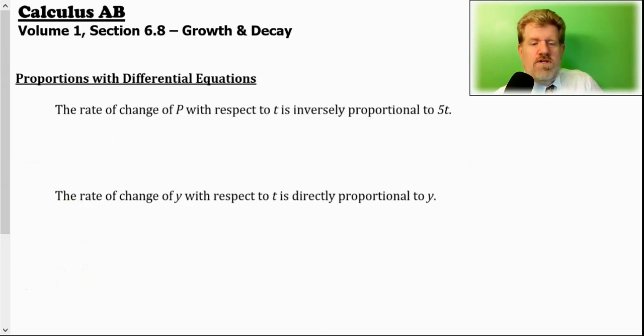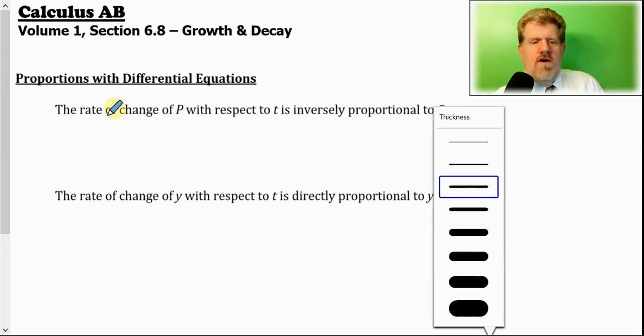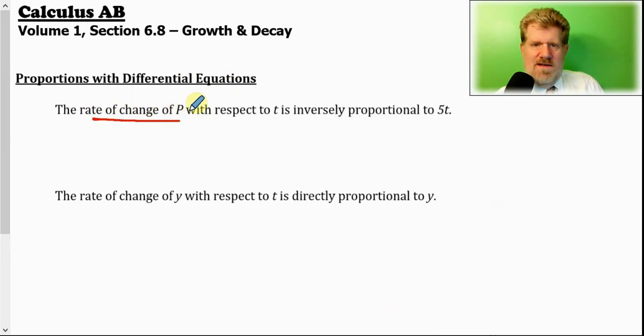And we're going to start with two basic principles here. First of all, the rate of change of p with respect to t is inversely proportional to 5t. Now what does that crazy stuff even mean? This is all that I'm asking you to think about right now. Rate of change of p, what does that mean? That means that p has a rate of change with another variable, and we're calling the other variable t. So p changes over time. We'll call t time, p for population, because it's an easy example to think about. Population changes over time